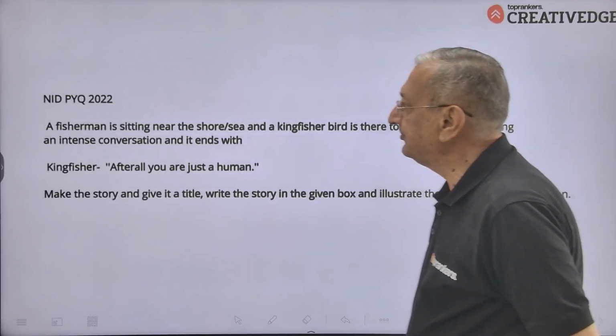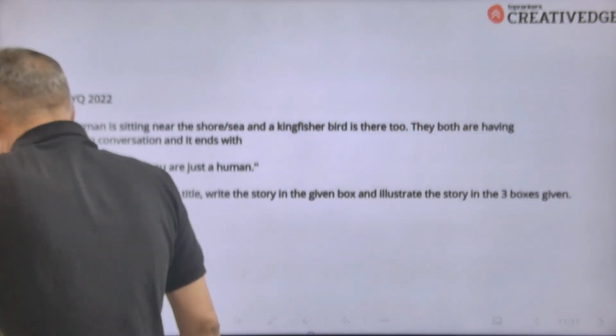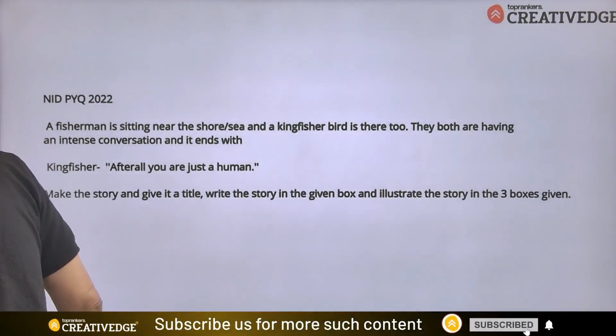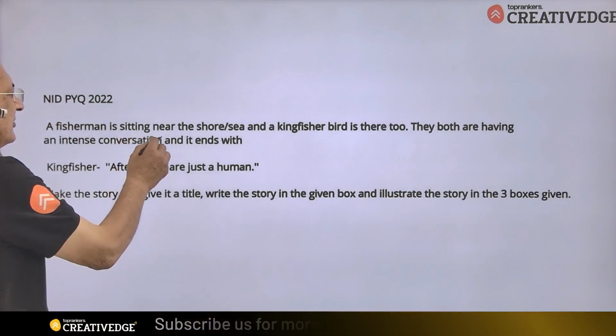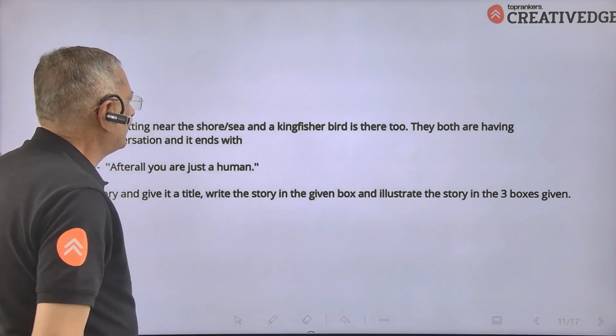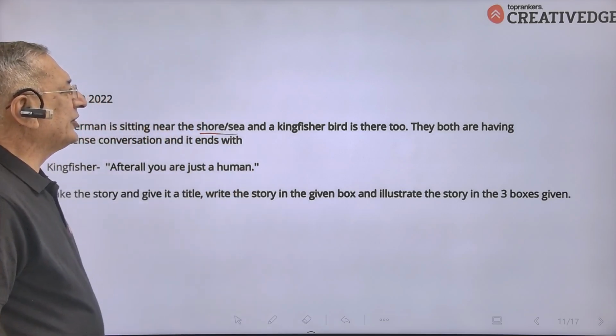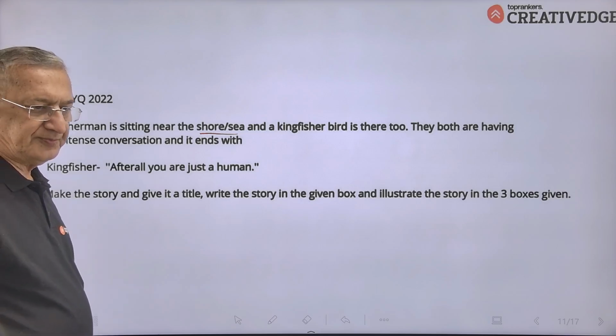Next question. A fisherman is sitting near the shore, maybe the seashore, and a kingfisher bird is there too.